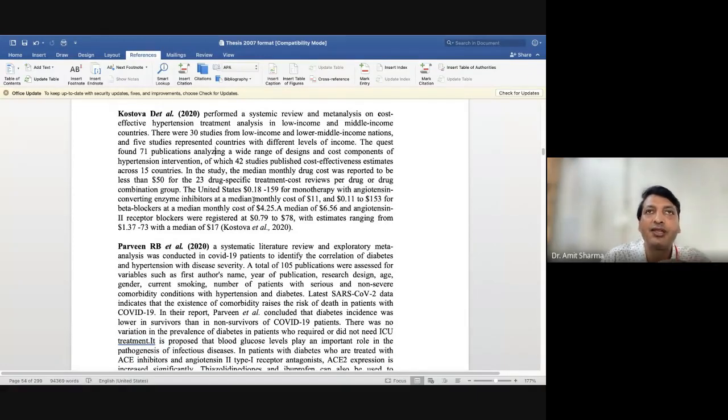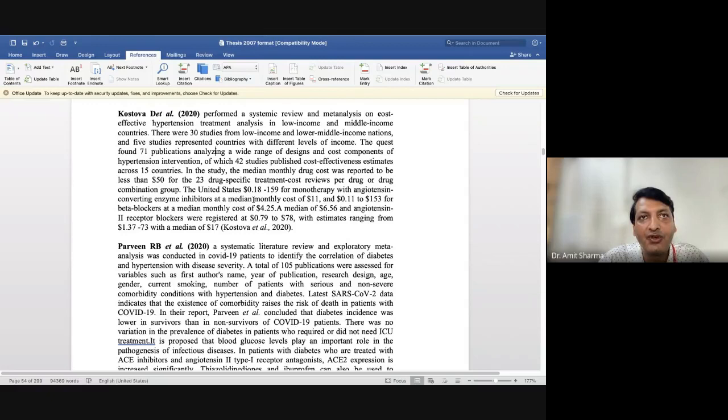So what are the things which we are going to add in the introduction chapter? The introduction chapter will be the introduction of your thesis. It will not be the introduction of the topic. And in most theses you are going to find that in the introduction section they have written the introduction of that particular topic or that particular disease. So that's not the way.